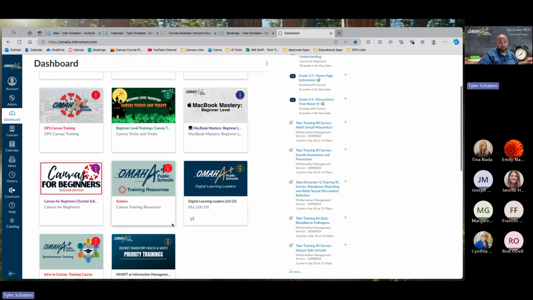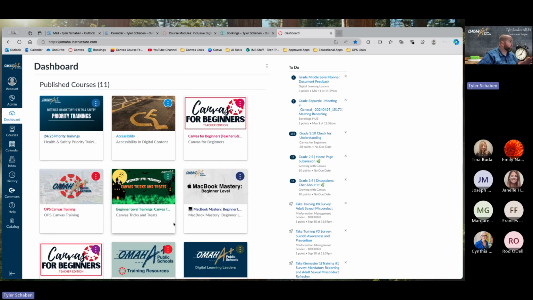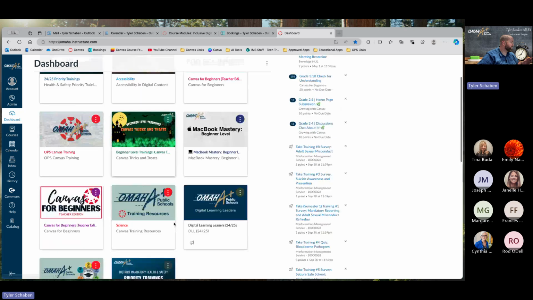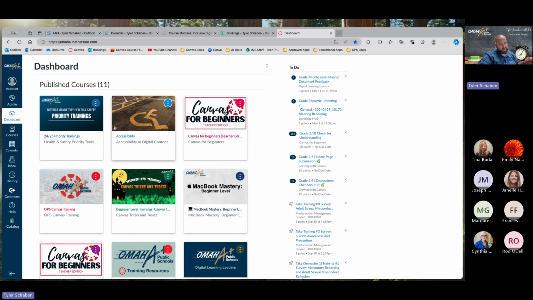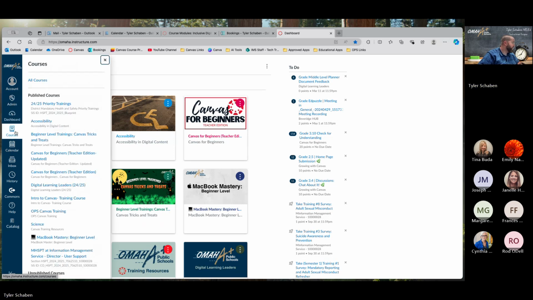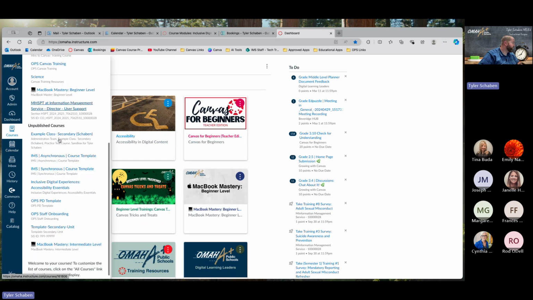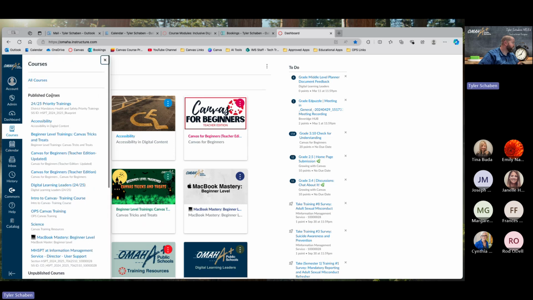The other thing I wanted to talk about before I pause for questions for organizing the dashboard is adding favorites. So you'll notice that I have like 19 courses on here, which is probably still too many. But if I go over to my courses area, which is right underneath my dashboard here, I can see an entire list of my courses. But then if I go to all courses up here at the top,